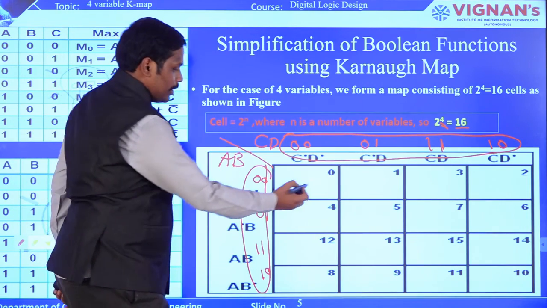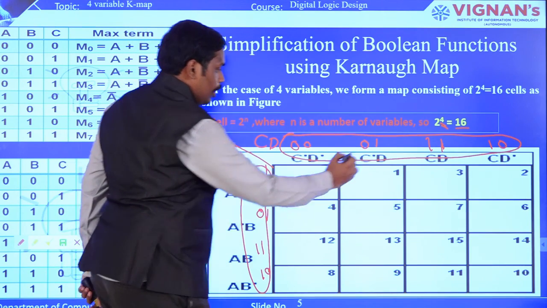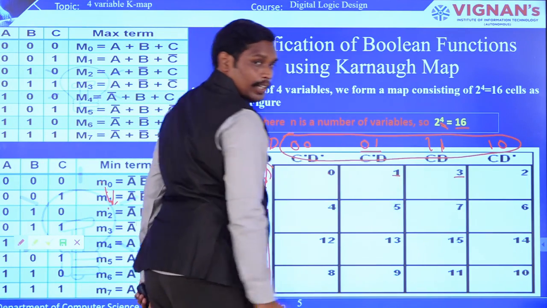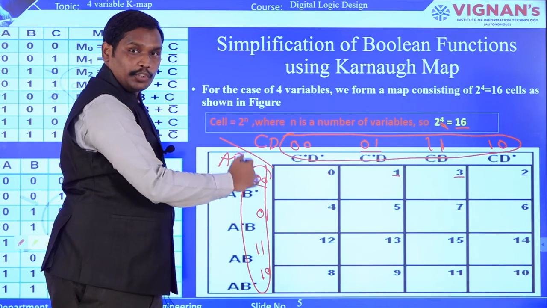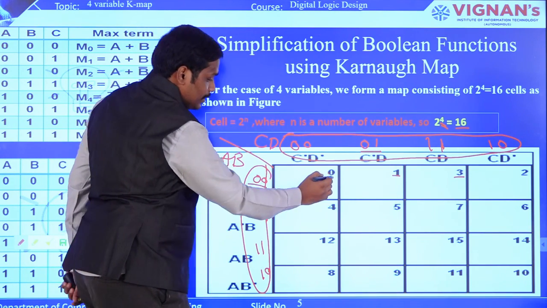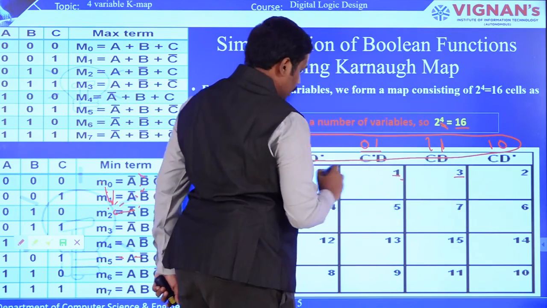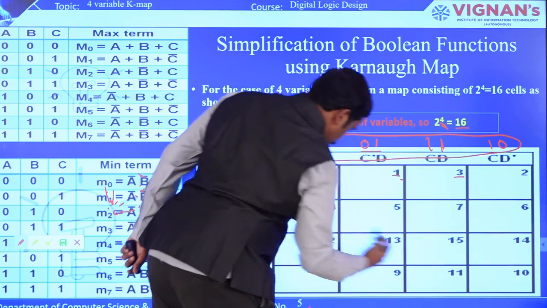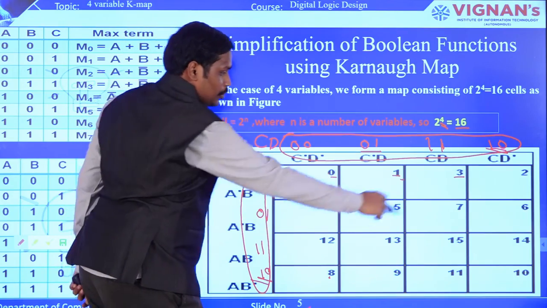Now based on this, you can see the position number. This is 0, right? So 0, 0, 0, 0 is 0. In the same way, 0, 0, 0, 1 is position number 1 and 0, 0, 1, 1 is 3. So based on this particular row and column, you are going to construct the positions of the cells. While constructing the 4 variable Karnaugh map, which is very important, from the right side you can see 0, 1, 2, 3. In the same way 4, 5, 6, 7 and then 8, 9, 10, 11, based on these positions. So this is how the cell positions are going to be written.